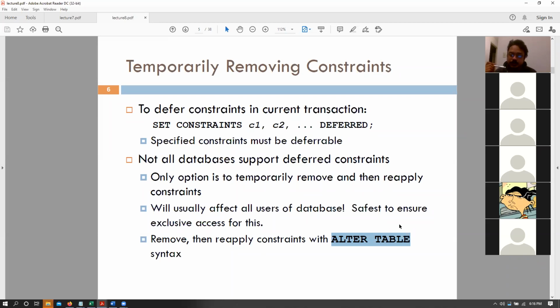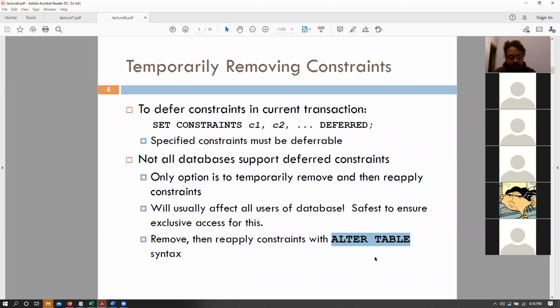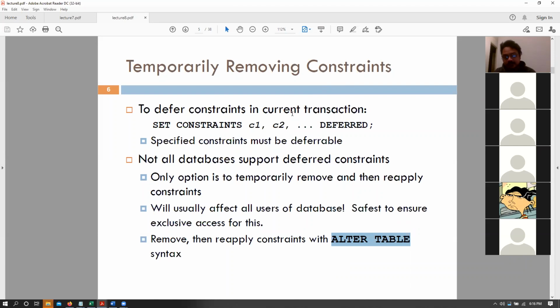So if we want to copy over a table into a new table, we would really want to defer those constraints before we have set up the new table, right? So before we set it up, we can say defer all constraints, copy over all the data, and then reinforce all the constraints back again. So that is something that we will talk about. We will talk about alter table in a second, but essentially that was for deferred constraints.